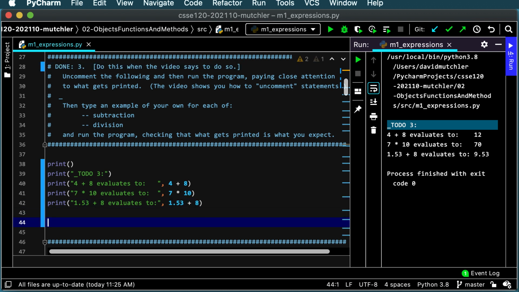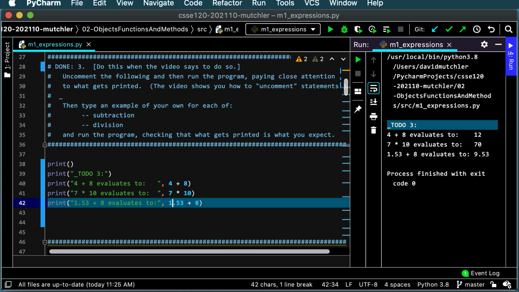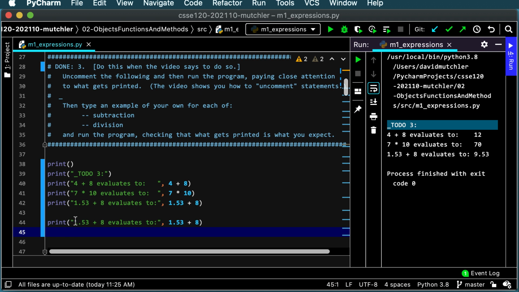So pause the video now and do an example of your own of subtraction and division. I'm going to show you what I'll do for subtraction just to get the idea across. I copied and pasted the previous one, and then I'm going to say